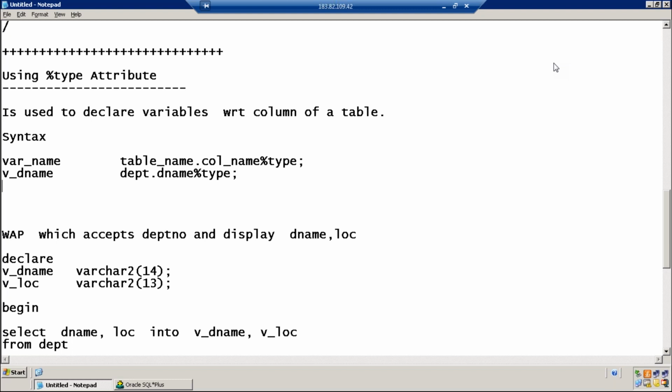It's almost like writing varchar2 of size 14. Is this clear? So here, instead of hardcoding varchar2 of size 14, I write department table dot dname percentage type.